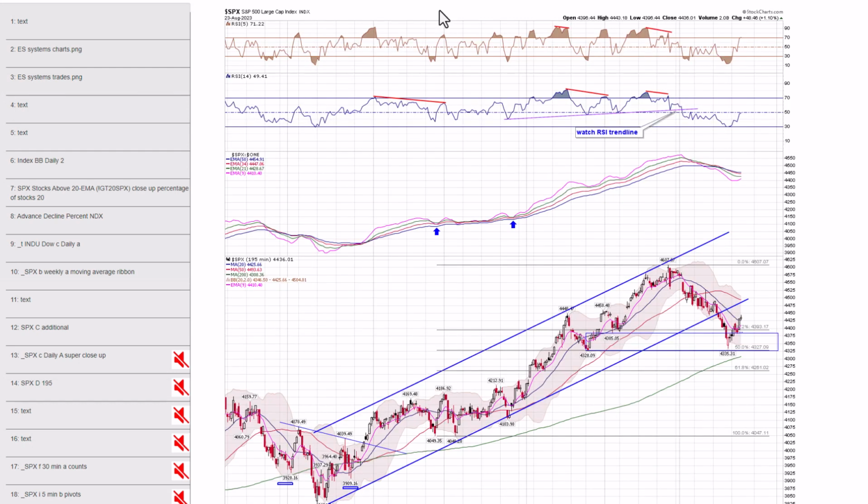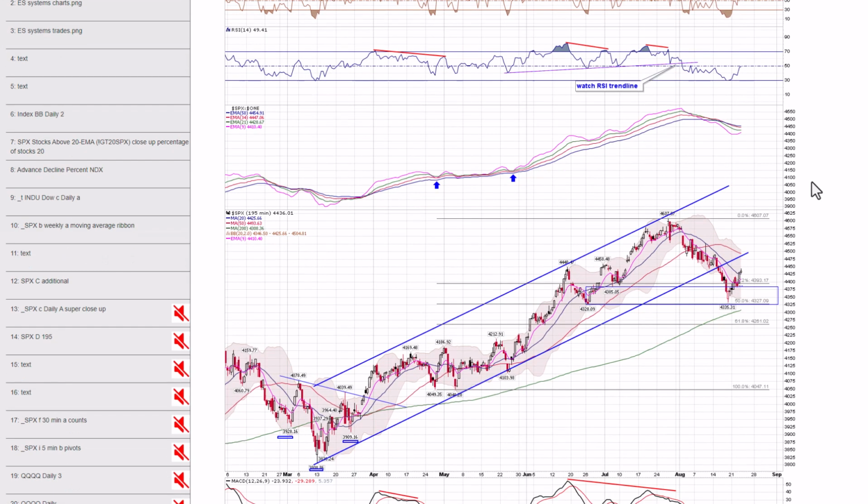Next, image number 14. Here's a half-day chart, shows you the same thing. We bounced off this demand zone. Another thing to watch, guys, is this uptrend line of the channel. This is now resistance. So if we were to gap up tomorrow, if we tag this trend line, this could be an area to take some profits. That's a logical area for the market to pull back. Again, that could be a high, or it could pull back, a little small wave B, and then go up. But this would be an area to take some profits, right?